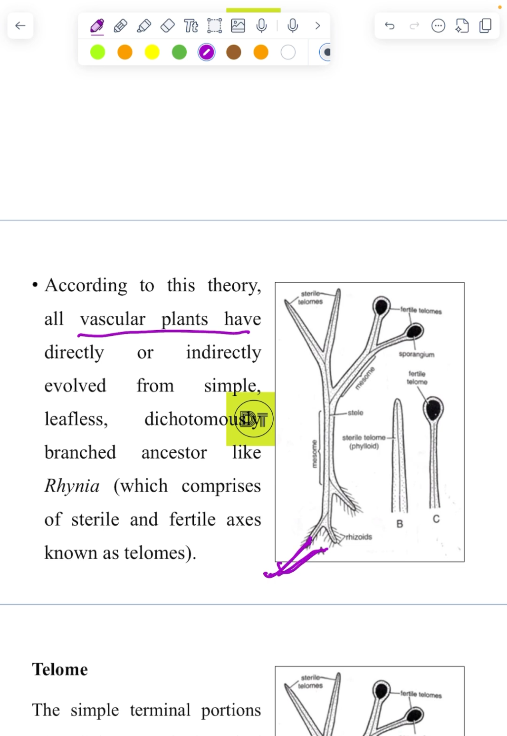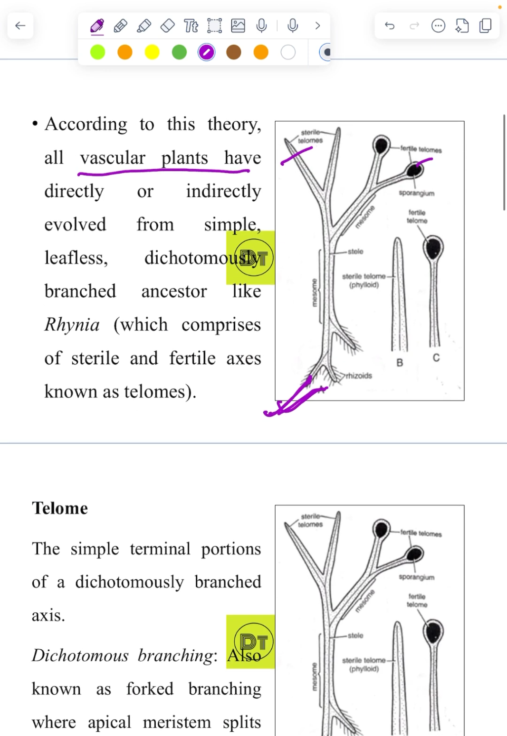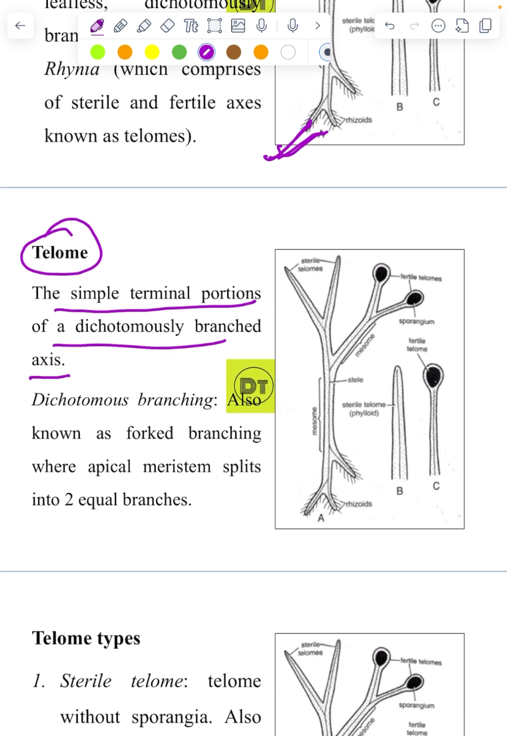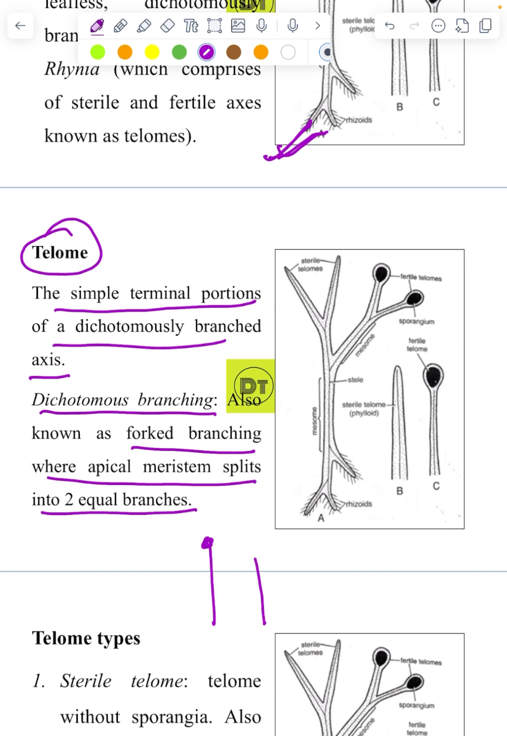This plant comprises sterile and fertile axes which are known as telomes. Now let's see what a telome is. The simple terminal portion of a dichotomously branched axis is known as a telome. Dichotomous branching, as you know, is a forked branching where the apical meristem splits into two equal branches. Suppose this is an apical meristem and it has split into two equal branches. This type of forked branching is known as dichotomous branching, and the terminal portion of this dichotomous branching is